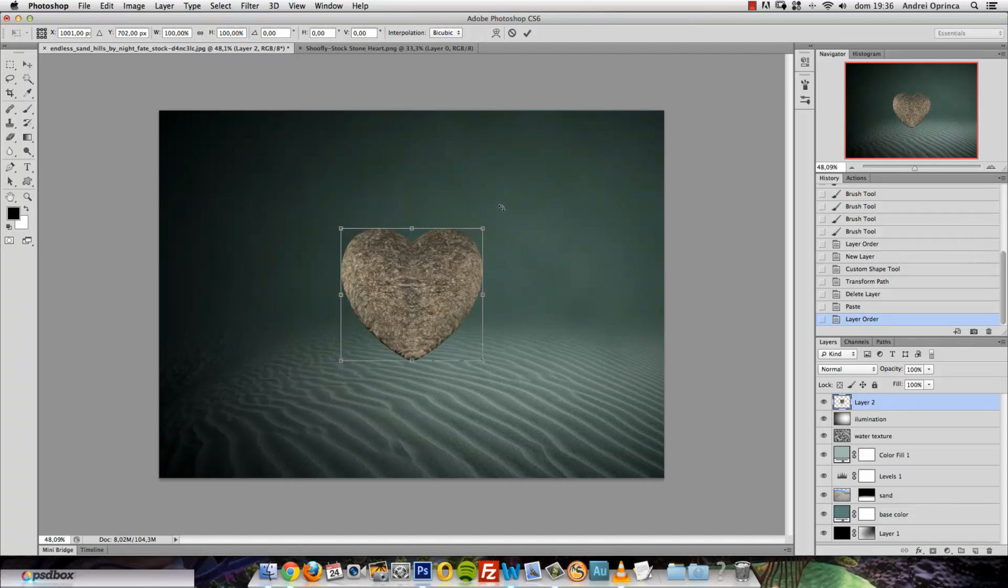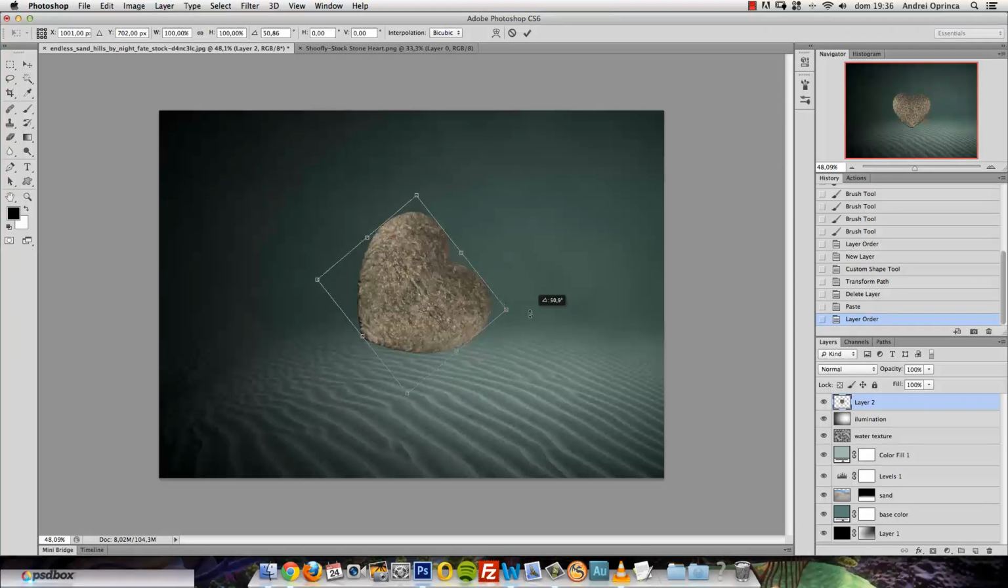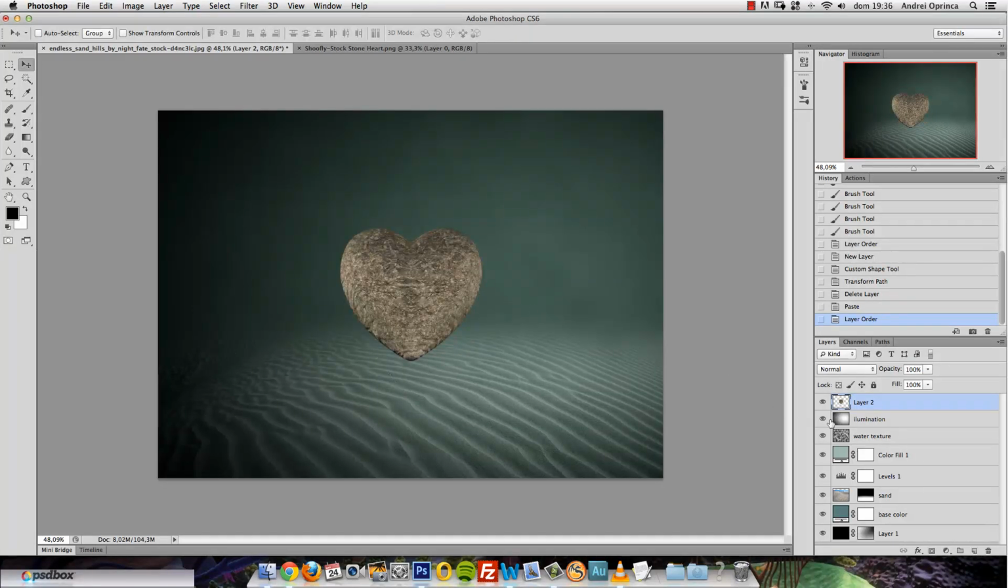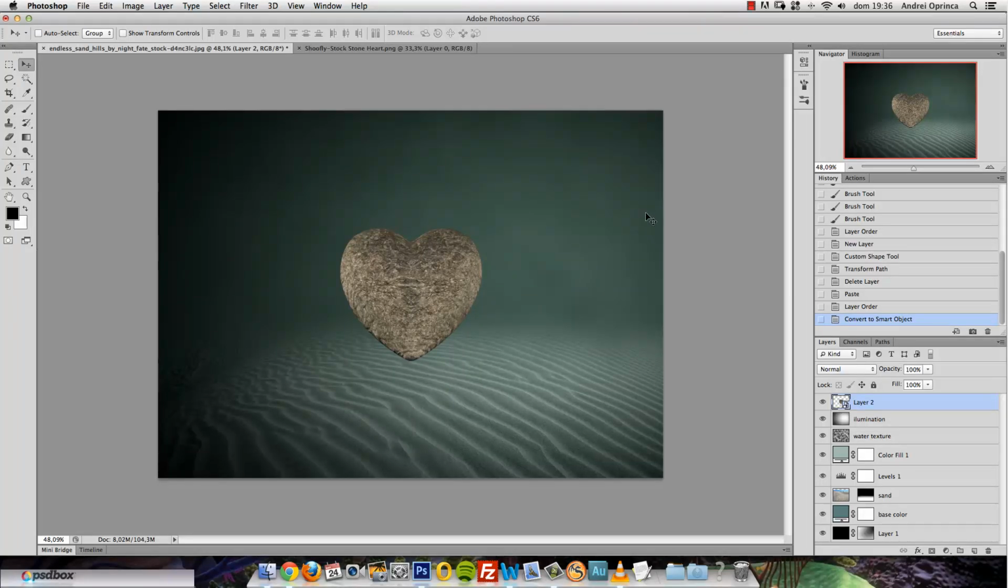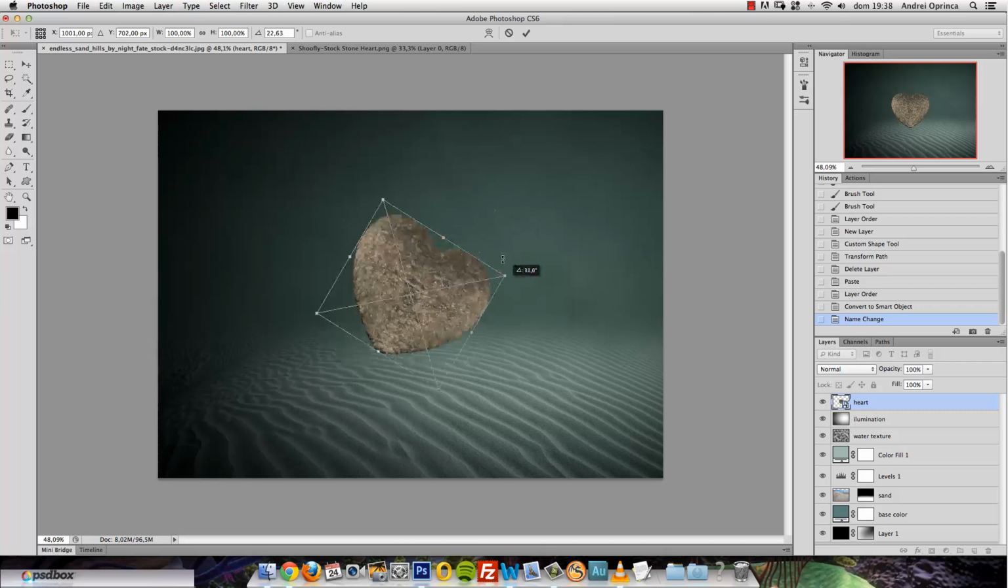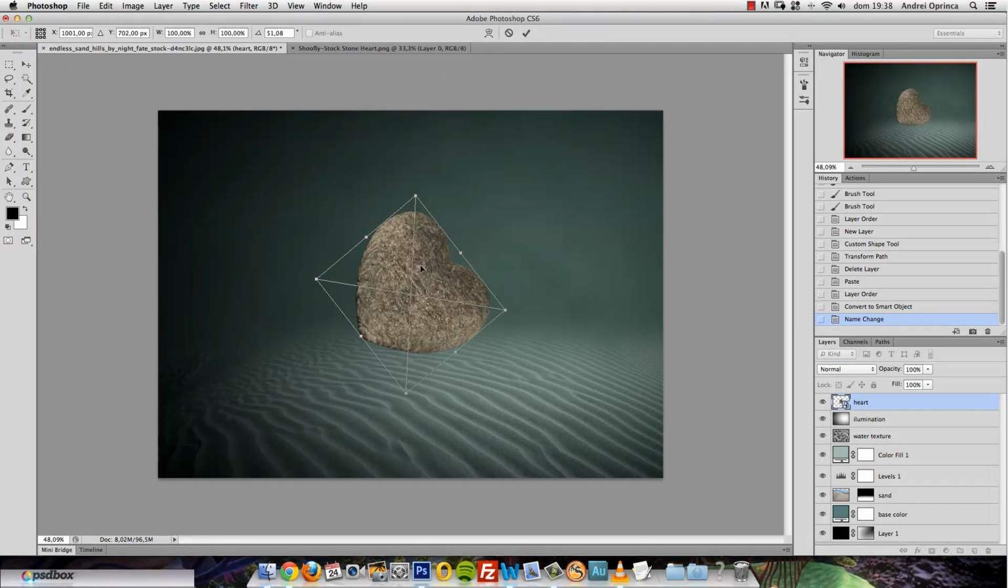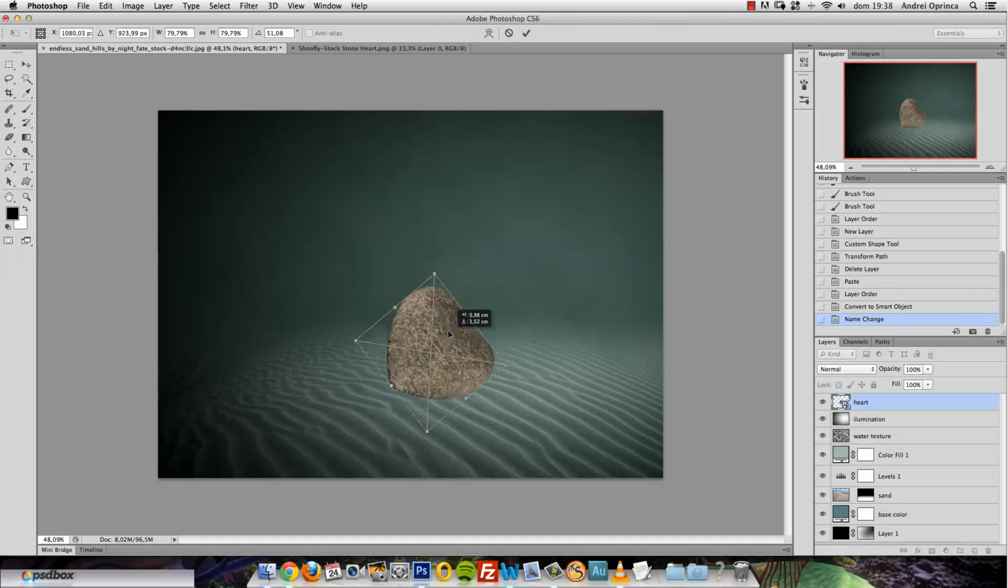And press Control or Command T to load the free transform and just rotate it a bit. Actually, I'll convert this into a smart object first, and then apply, and then make the modifications to it. And now I'll change the name of this layer to heart, and flip it, turn it like that, and make it a bit smaller. Not too much, because we will mask part of it, because I want to simulate that it's buried in the sand. So something like that. I'll place it here and